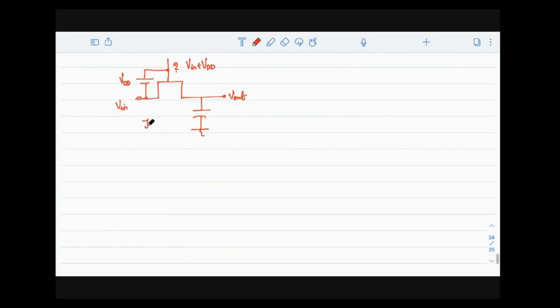So this is what I need to do, but this is in the track phase. What should happen in your hold phase? This should be out. Your gate should be free from this, and this should be connected to ground. Right, so this is during sampling. If I can make sure that your VG is VDD plus Vin during sampling, I can say that your Ron will be, or it should be, constant. That is my need.